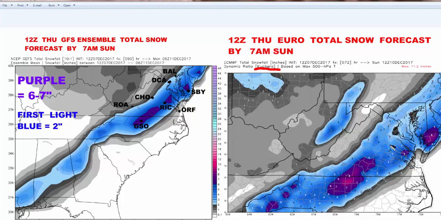So, Richmond metro area, 4 or 5 inches of snow. There's a band of 3 to 4 to 8 down in here. Greensboro, South Hill, that area. And Roanoke is just on the 2 inch line. Charlottesville's 3 inches, DC's 3 inches, Philly's 3 inches, and so on and so forth. And again, Salisbury, Maryland, pretty significant snow there as well. All very reasonable and in very close agreement. The agreement here between the GFS on the left hand side and the European is quite strong. So that's an encouraging sign.